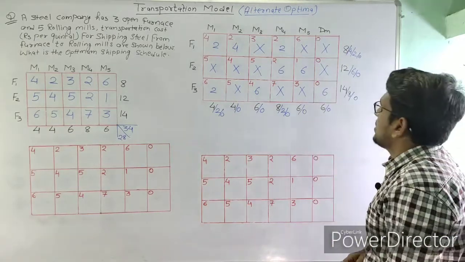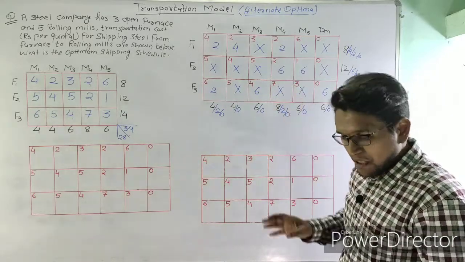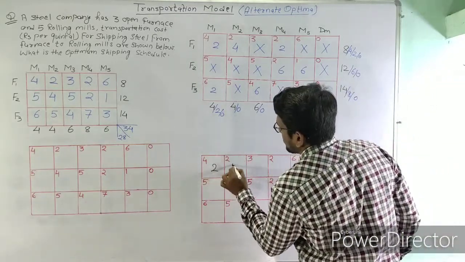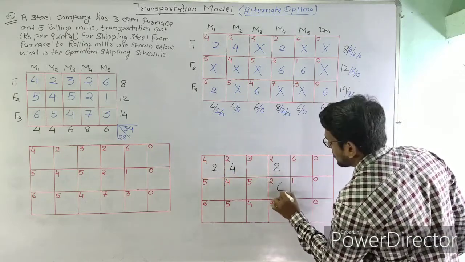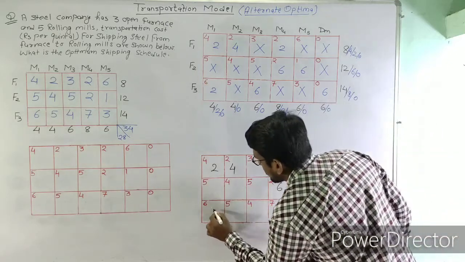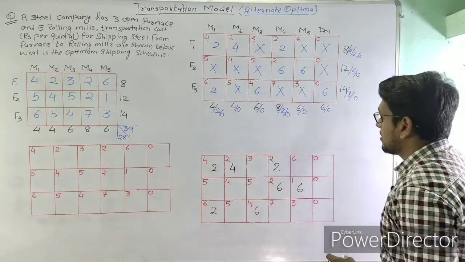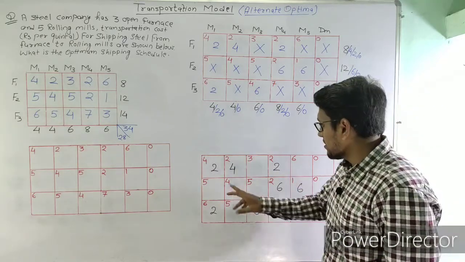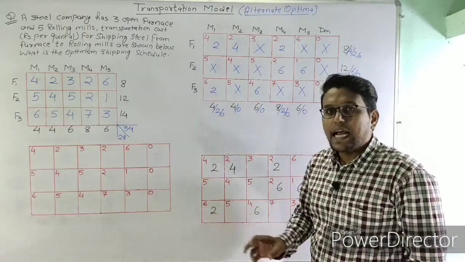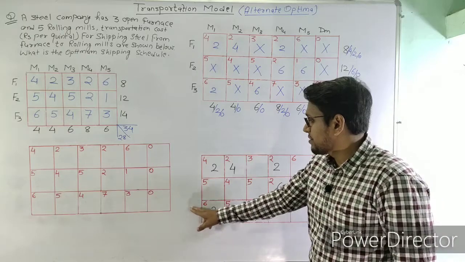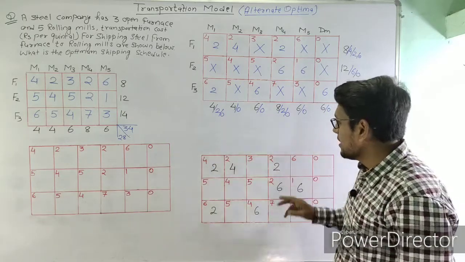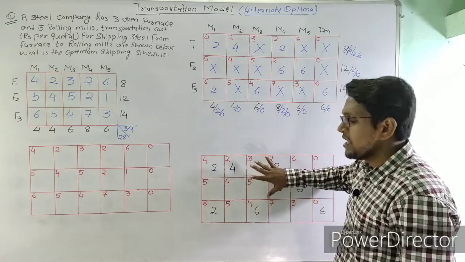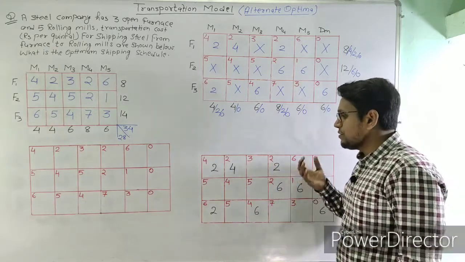Now let us see if this basic feasible solution is optimal or not. So let us write the allocations here. So this is 2, 4, 2, 6, 6, 2 and 6, and this will be 6. So we can see here that the total number of allocations is 1, 2, 3, 4, 5, 6, 7 and 8, and m plus n minus 1 number of allocations should be there; m is 3, n is 6, 3 plus 6 minus 1, that is 8. That means we have exactly m plus n minus 1 number of allocations here in our basic feasible solution,